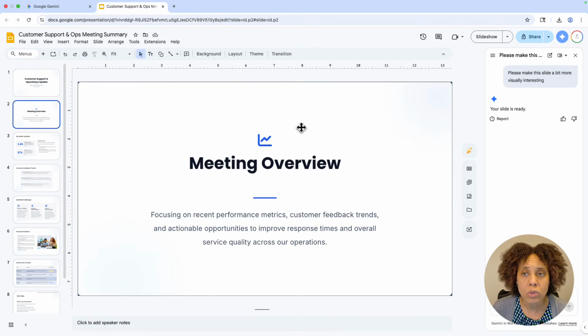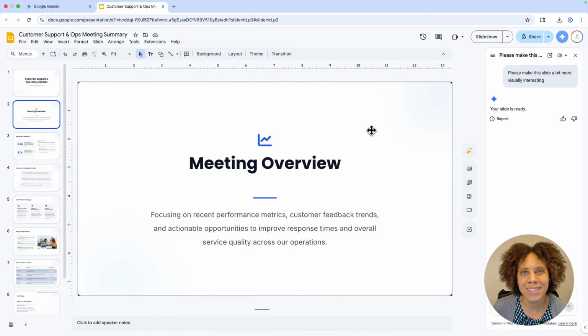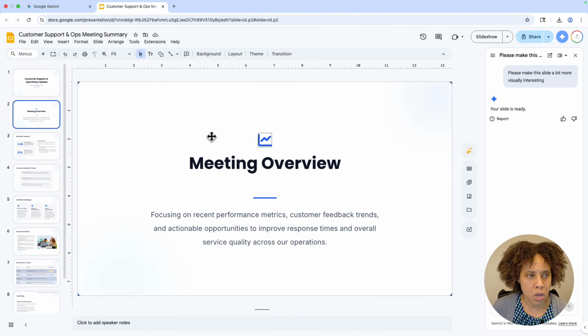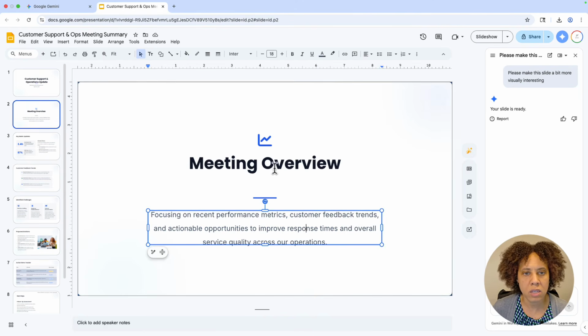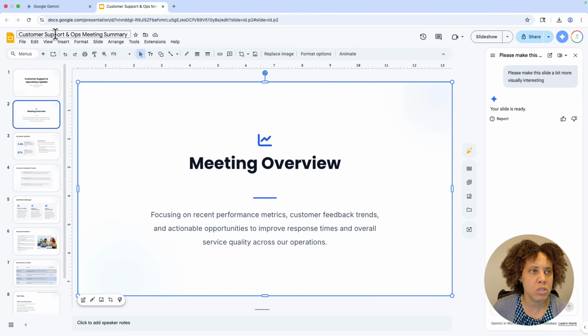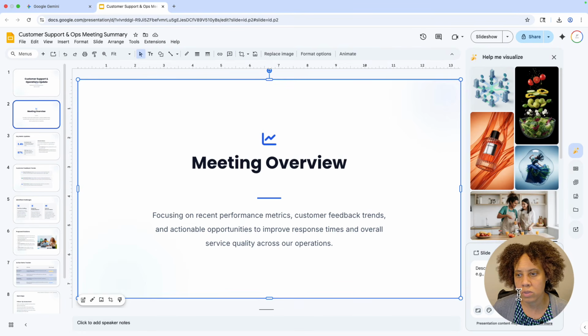One thing I did notice when you import from Gemini Canvas is the background is like an image. So it's not as easy to change the background. You kind of have to do that with Nano Banana, which is the help me visualize, or either with the Gemini over here to change like the background color and the themes. But you can change the text. You can change the images. You can insert other images if you want to put your logo in there maybe, or you can even generate an image. We'll say,